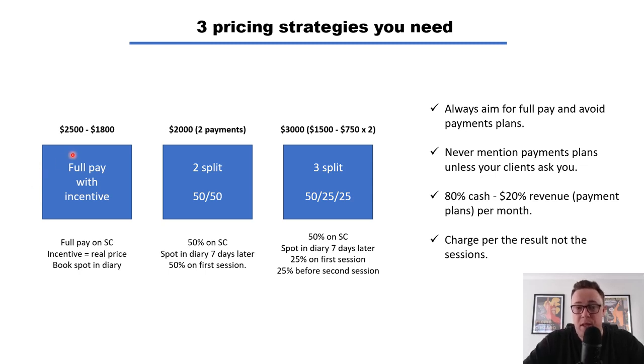So for example, let's use the smoking scenario again. I would say, so to get you from being a smoker where you are now to the end result, which is a non-smoker, my everyday price is $2,500. But for those who are really motivated, these are the clients that I really want to work with. And it sounds like that's you. I'm going to give you something called incentive-based pricing, where if you book with me today on the strategy call, now, yes, we're doing this on a strategy call, I'm going to knock down the price to $1,800.